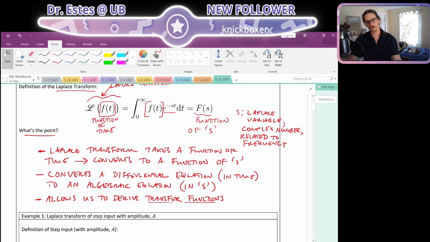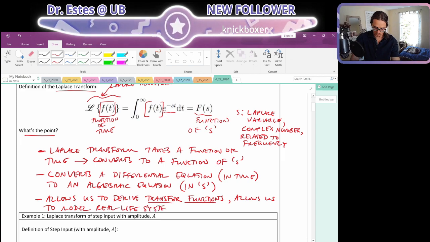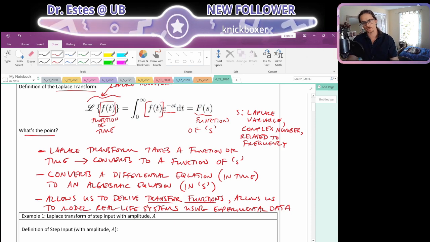And the way I look at it, the most important function of a transfer function, practically, is that it allows us to model real life systems using experimental data. And I'll make this point more clear as we go on, but